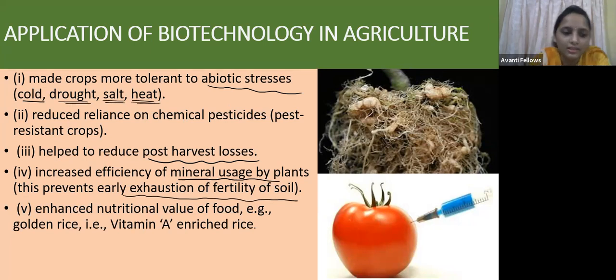Then the last thing was enhancing the nutritional value of the food. Example, golden rice. Golden rice is very rich in vitamin A. Here we have enhanced the nutritional value of normal rice. When we take normal rice, vitamin A is very low. So in golden rice, we have added provitamins. Guys, whenever it comes to golden rice, you should not say vitamins. If in the options provitamins is given, you have to take that option.